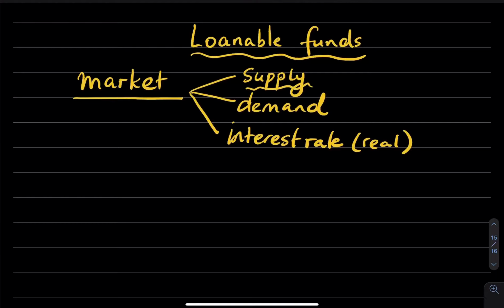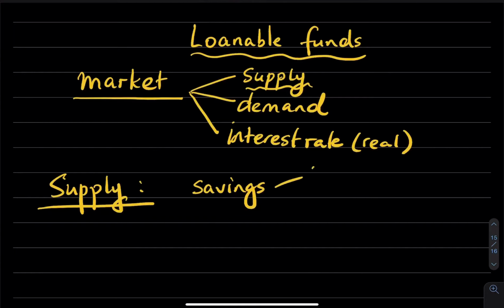So let's think about supply. When we think about the supply of loanable funds, we are talking about the funds that come from people who have some extra income that they want to save and lend out. This is basically coming from savings. This could be savings of households. An example could be that you make a deposit in the bank because you have some extra income after you have consumed some goods and services, and you want to deposit it and perhaps earn interest on it.